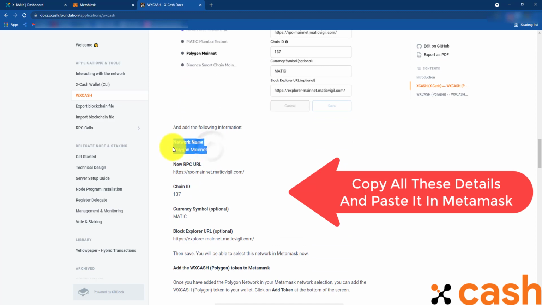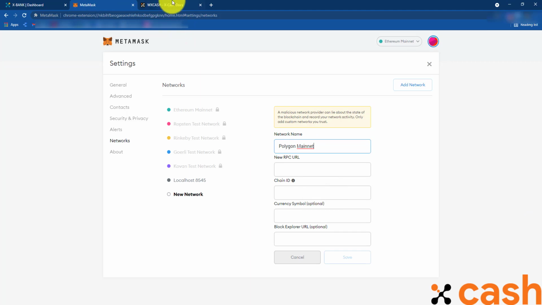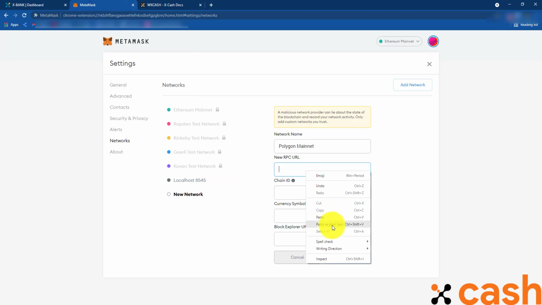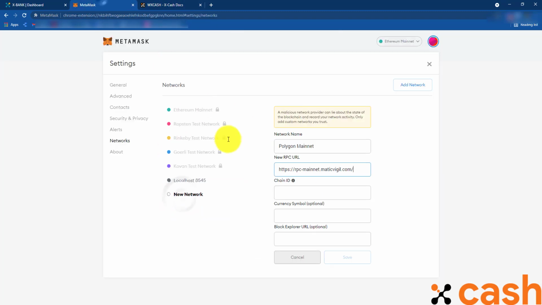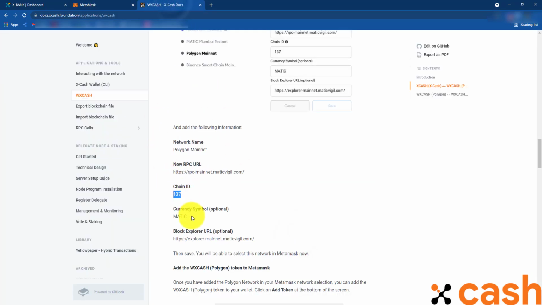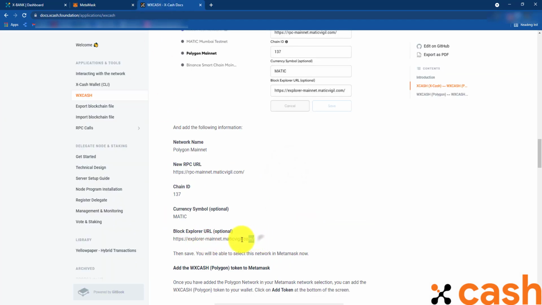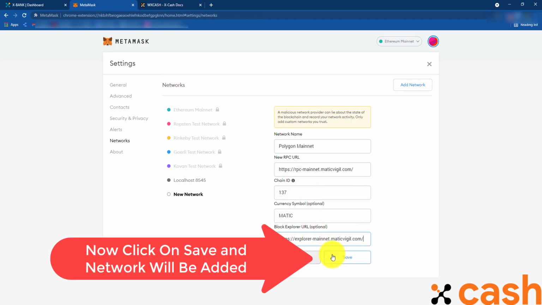Copy all these details and paste it in MetaMask. Now click on Save and network will be added.